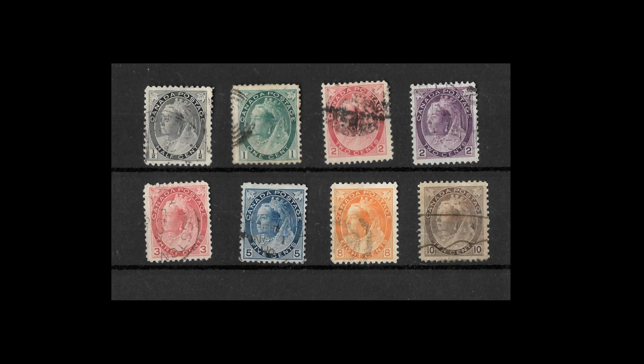Apparently this was because the French-speaking Canadians were having difficulty in translating the written value at the bottom. So when you get this set, they look identical, the only difference being in the bottom corners you either have numbers or you have maple leaves. Both these sets are readily available, particularly in used form, and can be quite interesting and a nice one to